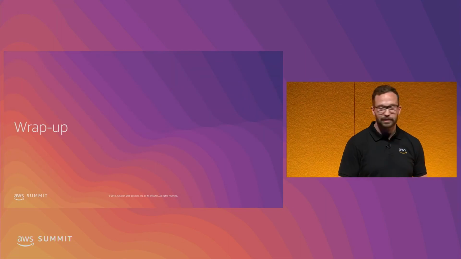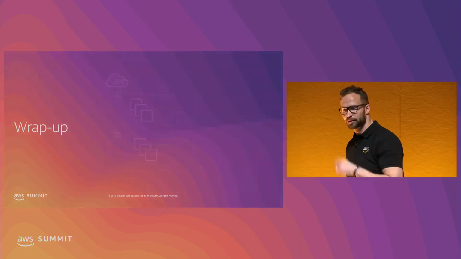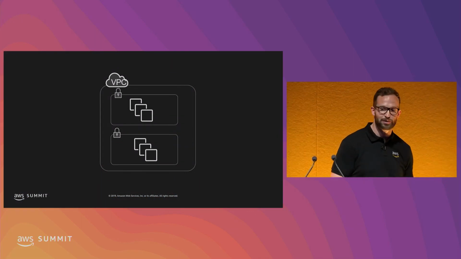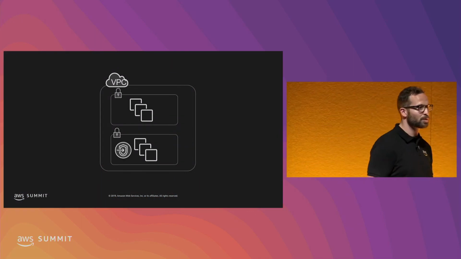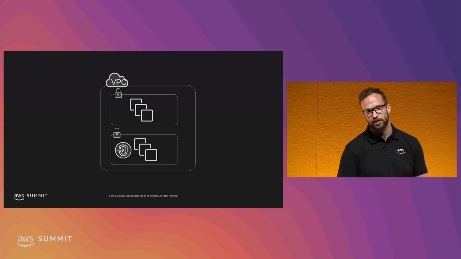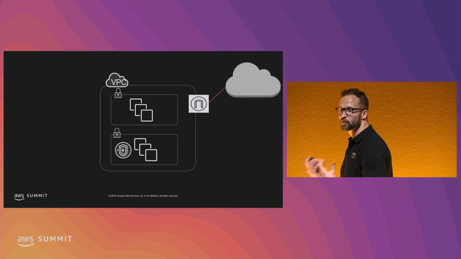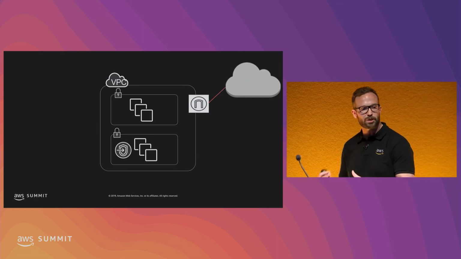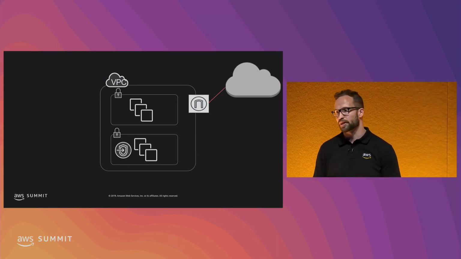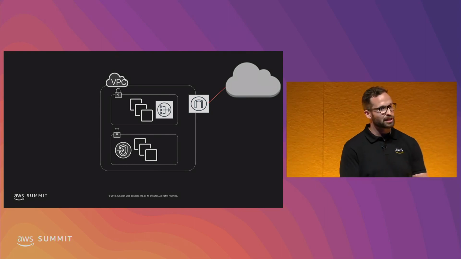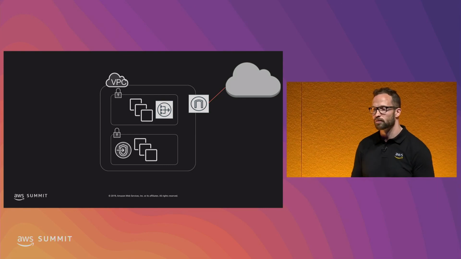Okay, so we've covered quite a lot. We started with creating a VPC, and this could be a regular VPC or a shared VPC. We talked about how you can deploy endpoints to communicate with other services, AWS services as well as your own services. We talked about how you can connect your VPC to the internet and maybe optimize that experience using Global Accelerator. We talked about the different types of subnets, private subnet, public subnet, and using NAT gateway for allowing outbound